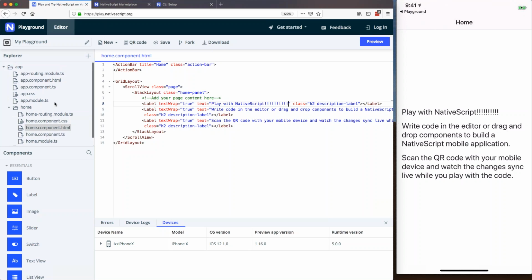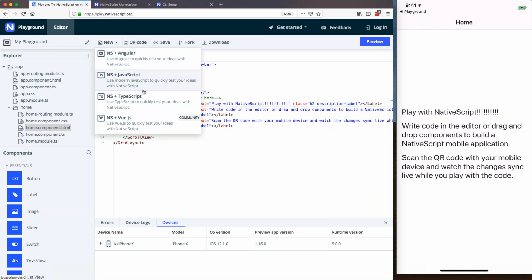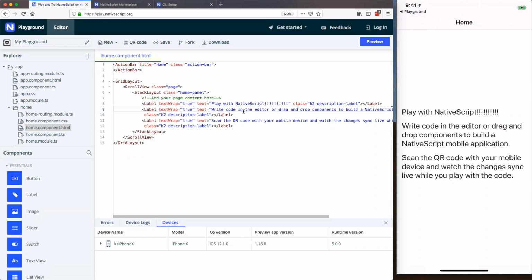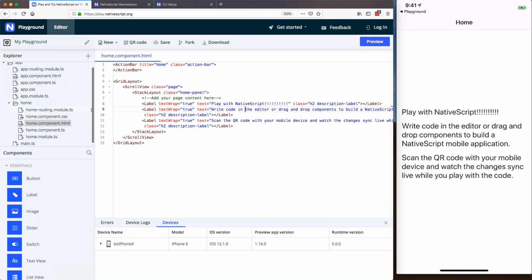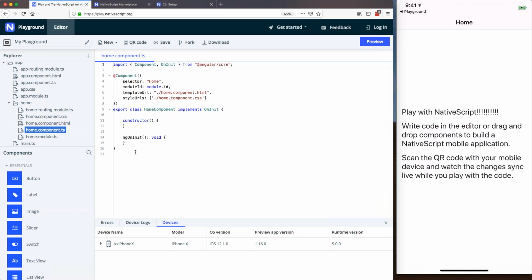If you're an Angular developer, you might recognize some of the naming conventions and files that I'm using over here. If you want to switch to a different architecture, if you're more of a Vue person or you're just not a framework person at all, you can use this new menu to switch between the various architectures. But regardless of which you use, there are going to be 3 different file types that you're going to see throughout your NativeScript applications. So the first is going to be JavaScript or TypeScript, and this is probably going to be